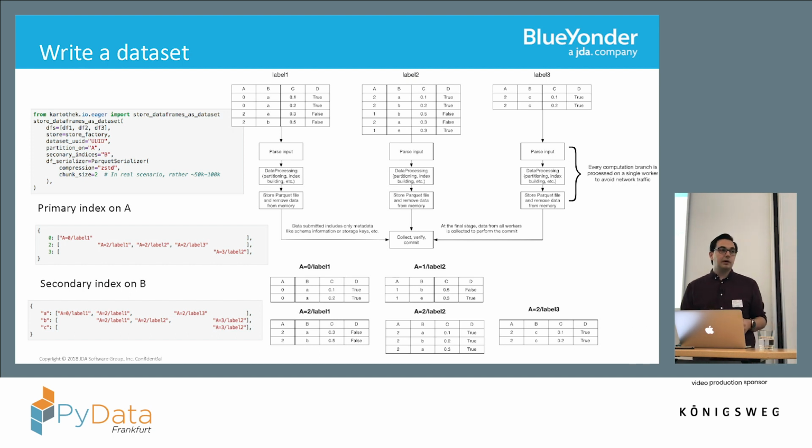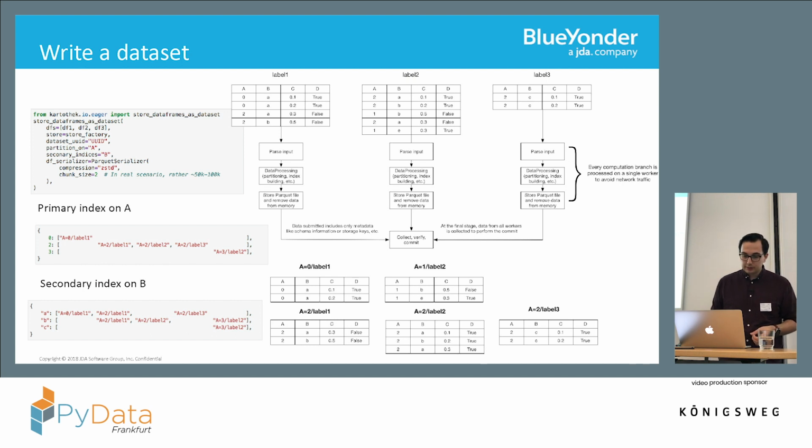The secondary index is a little bit more messy. You can have multiple of these in a physical file, which is of course not beneficial, but the idea behind it, you can essentially calculate an index on every single column. So if you know, okay, I'm usually accessing my data using these 2 or 3 columns, build an index on it, and in the end, you maybe only need to look at a single file. And considering that if your data set is a terabyte large and you have a few 100,000 files, this is quite